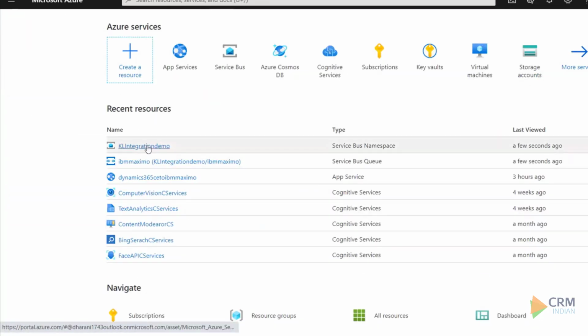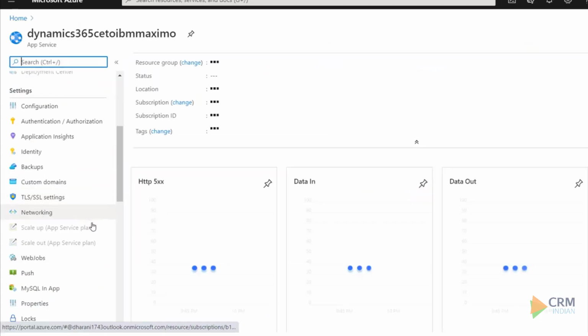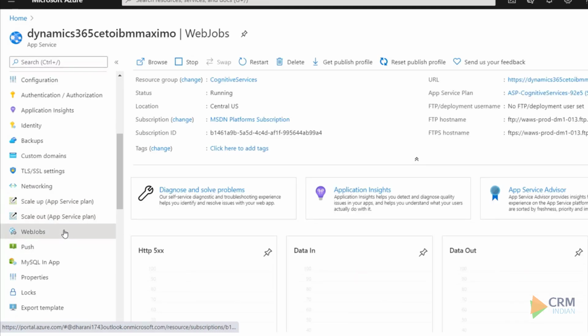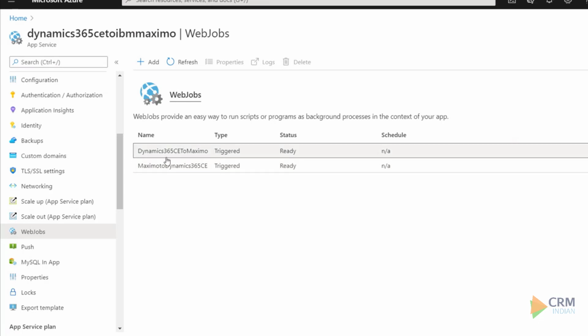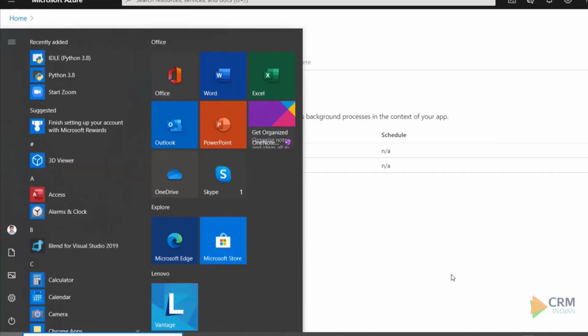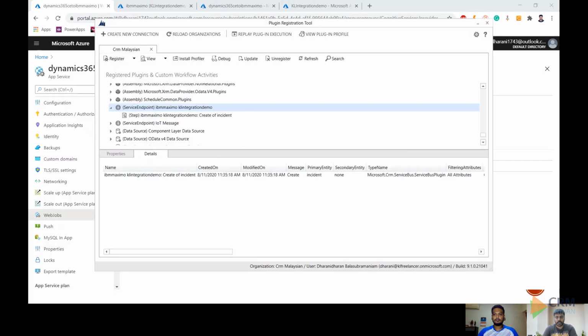Let me quickly go back to the app service, and in the app service we have created the web job. Here is the web job for both the inbound and the outbound operations. One is for Dynamics 365 CE to Maximo, and the other one is for Maximo to Dynamics 365 CE. So what we have done is, once the queue is created in the Azure portal,